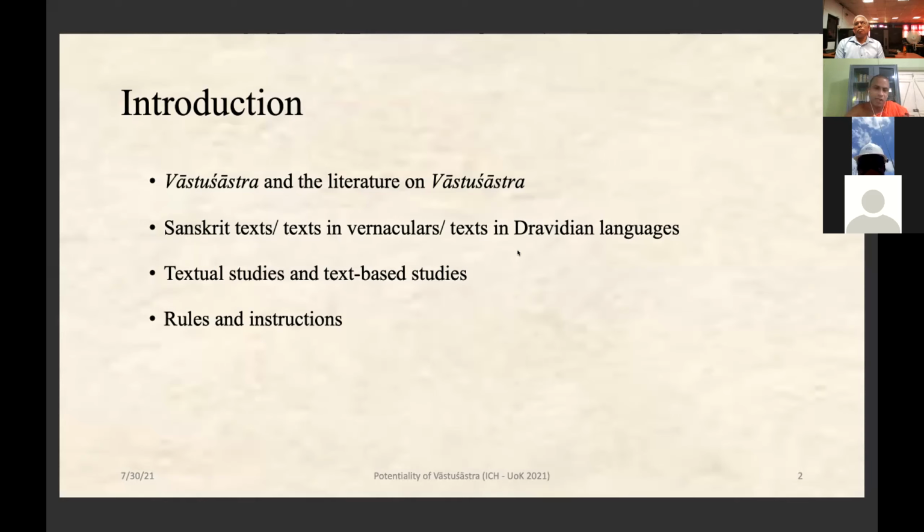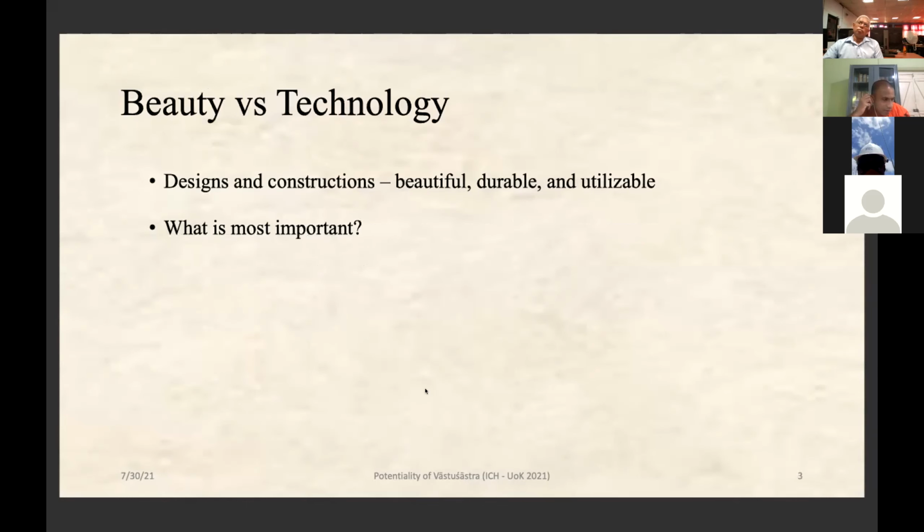So my presentation is more into what kind of research we can do with these Vastushastra texts and how it is important in the modern context. Because Professor Jayawardena mentions that some people think that this is just a kind of superstitious or outdated discipline, because some people just emphasize some rules and instructions given in the Vastushastra, but they don't know about the actual technical and scientific part behind these rules and regulations and instructions. So basically, the main purpose of the Vastushastra is to construct a building which is beautiful,